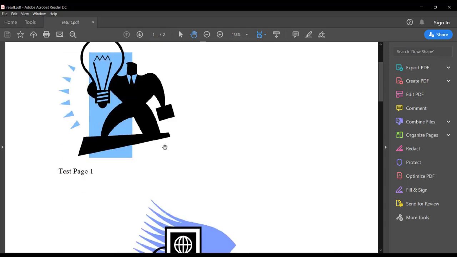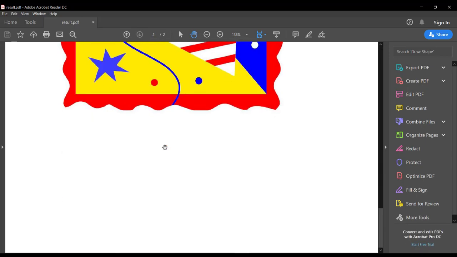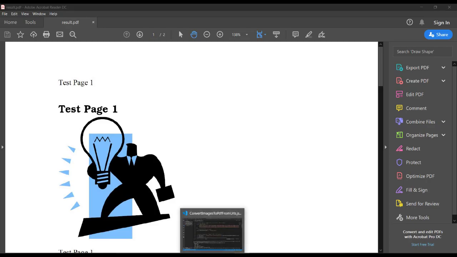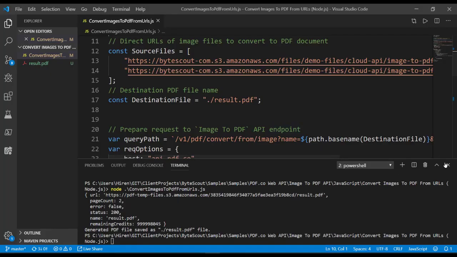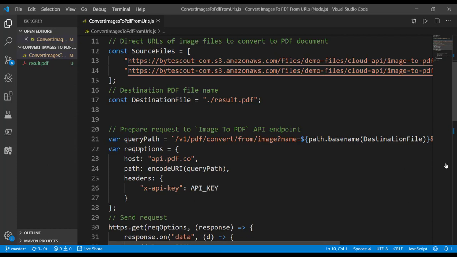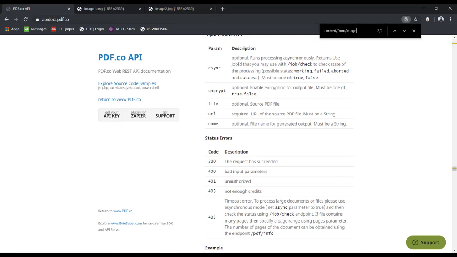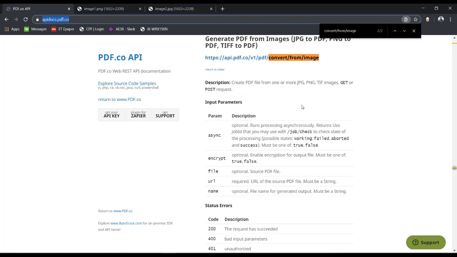Here it is. So these are the two images we sent as input, and we got the output in PDF format. So it's that easy to convert from images to PDF. And if we want to see more of this API, we can go into the documentation and explore the different options. I have already opened the API documentation, which is at apidocs.pdf.co,